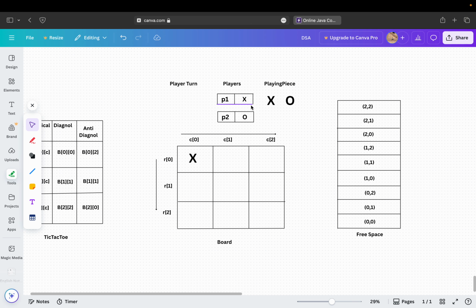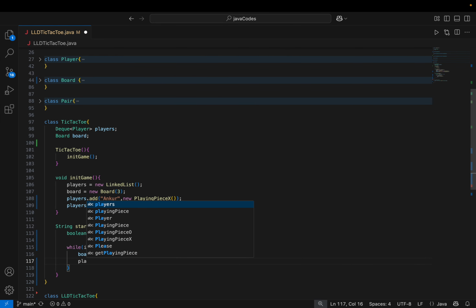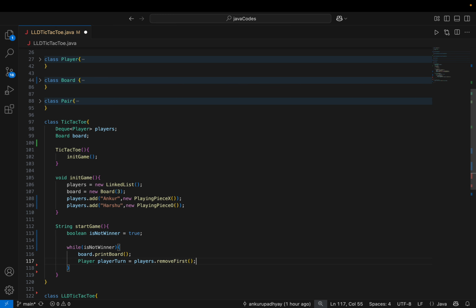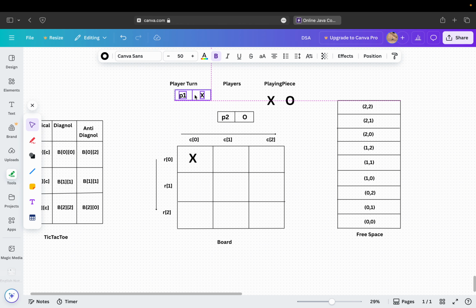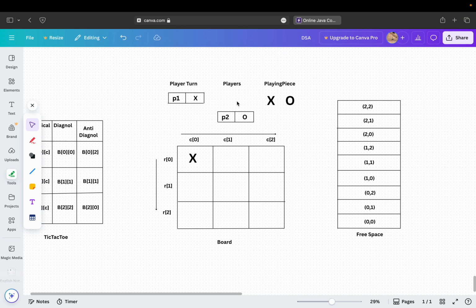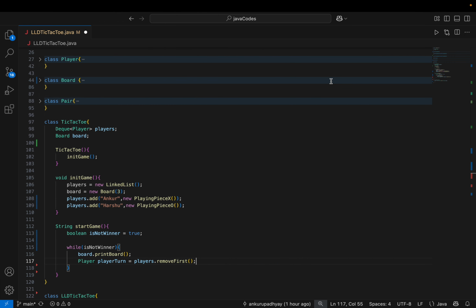Which player's turn is it? Suppose this is the first player's turn. So I use player turn. What kind of object will it return? Player turn. We have a deque called players and a method called remove first. This method will remove the first element and store it into the player turn variable. So our player turn is currently removed from this queue. Okay, after that